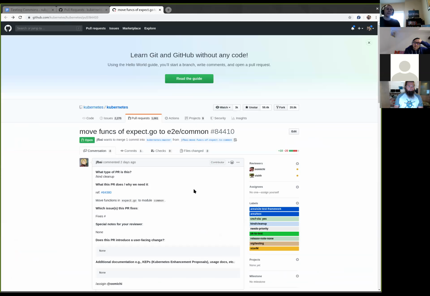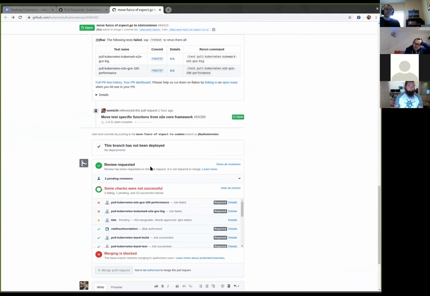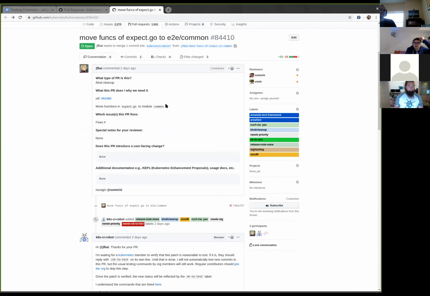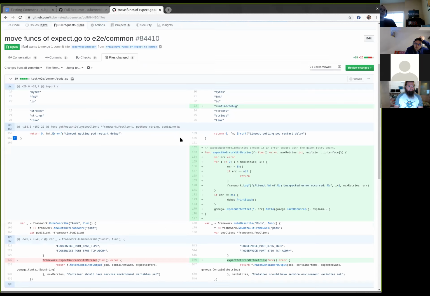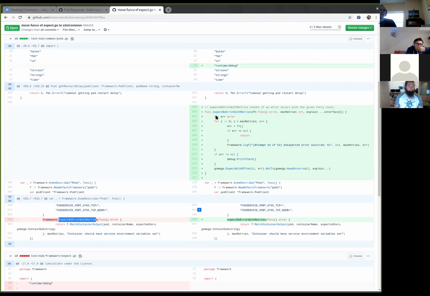I don't remember, I know Patrick brought this up, and then George, there was another issue that you raised earlier. But isn't there some work around getting rid of E2E common? In what scenario do you use E2E common versus just throwing it in an actual test package? Well, from the look of this, it was the only call site for this specific signature.